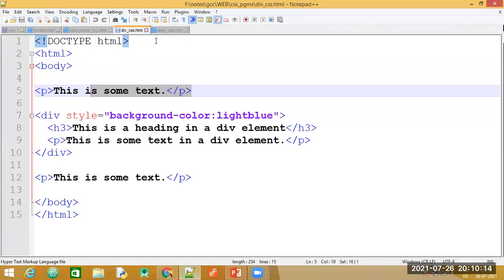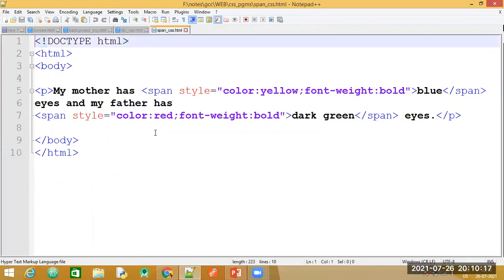Then the last one, that is a span tag again. So you can see here, I have made use of the p tag. Now inside the p tag, I have the text that I've displayed, and I have one word called blue. Only for this particular word, I want the color to be displayed in yellow, and I want it to be displayed as bold. So again, whatever effects I need to be applied is only for this word. So I've made use of an opening and a closing span tag for this. The rest of the text outside the span tag will have no such effects applied.